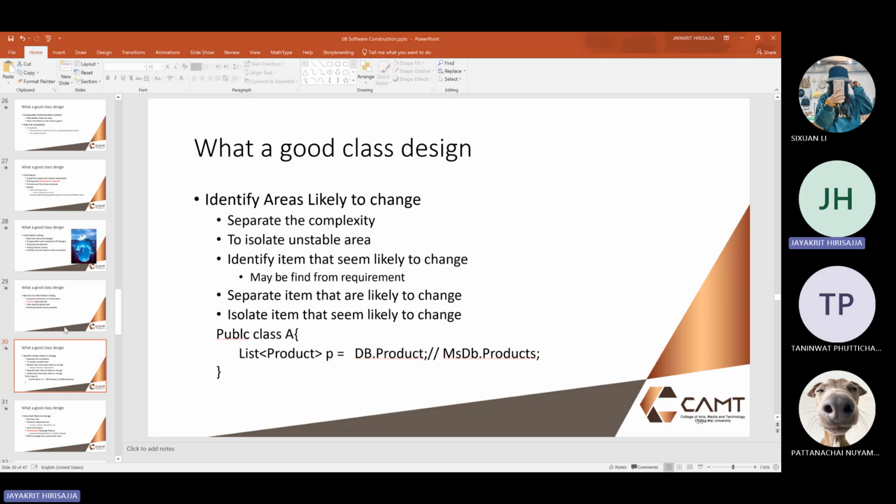When we design something, we need to find the area that is likely to be changed. It's like when we talk about requirements and design, some part of the code is fragile to change. So we need to identify the area or the part of the code that is likely to be changed, and we identify this by checking